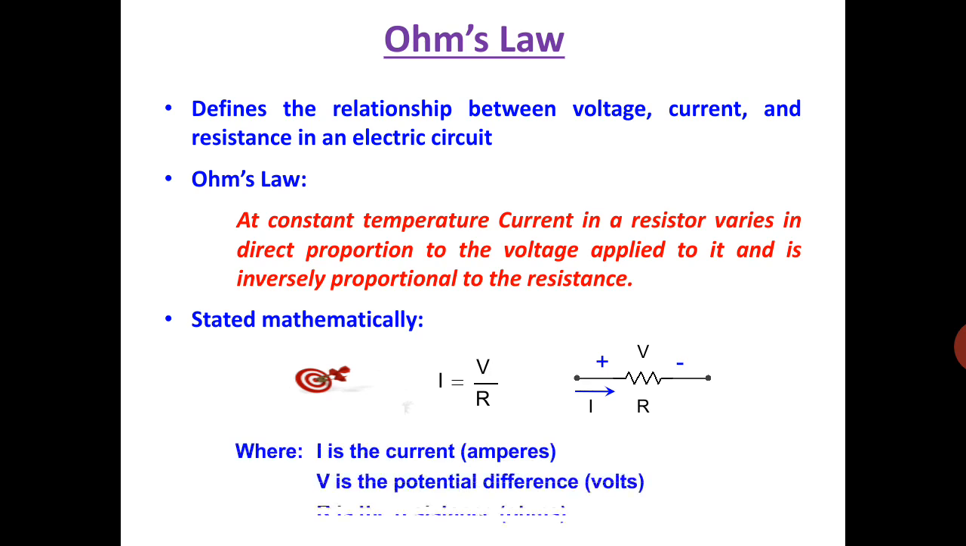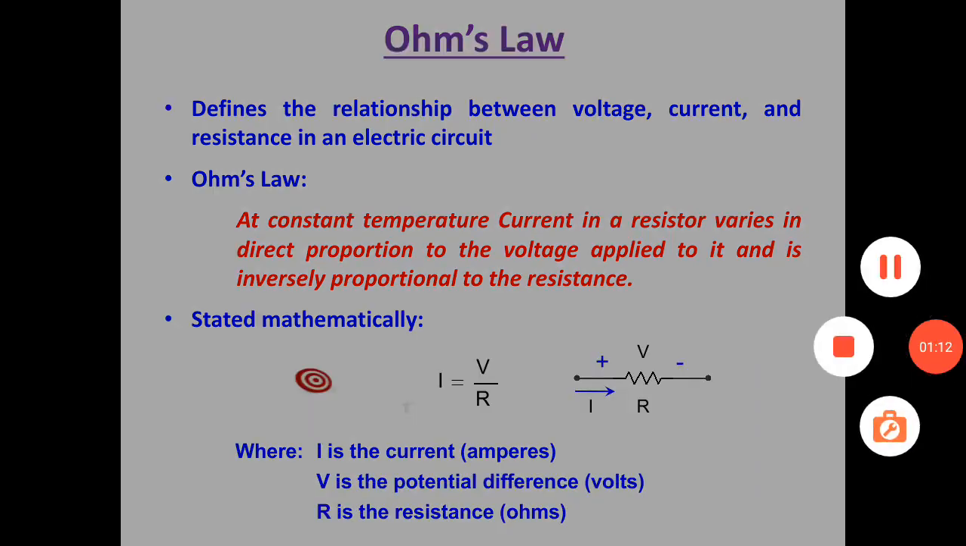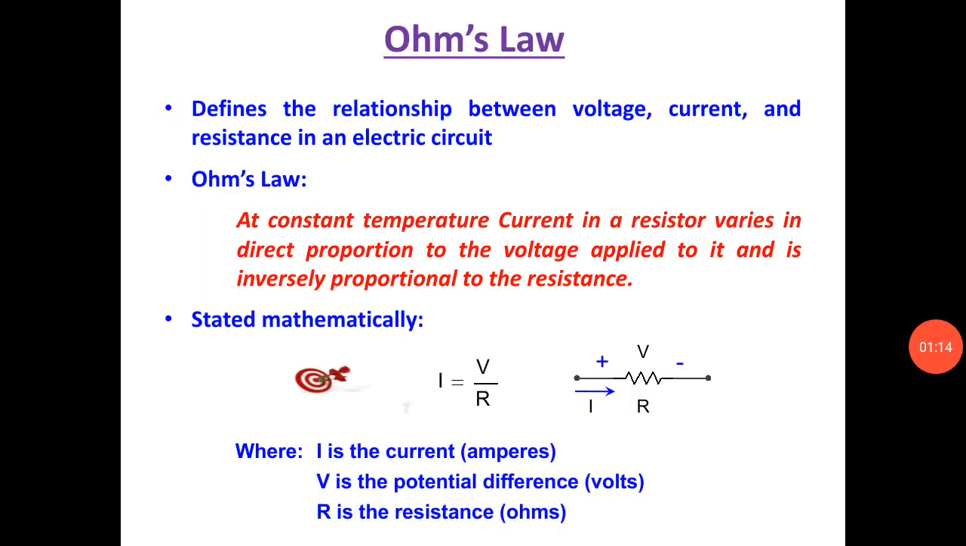What is Ohm's law? Ohm's law defines the relationship between voltage, current, and resistance in an electrical circuit. What is the basic definition of Ohm's law? At constant temperature, current in the resistor varies in direct proportion to the voltage applied to it and is inversely proportional to the resistance. Based upon the above statement, mathematically we write it as I is equal to